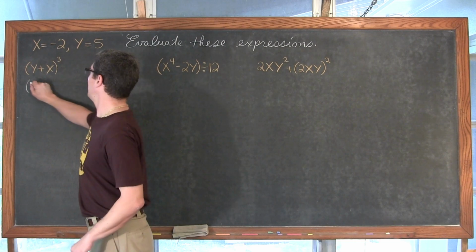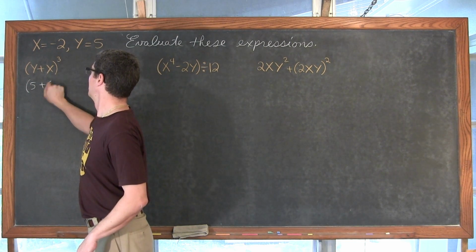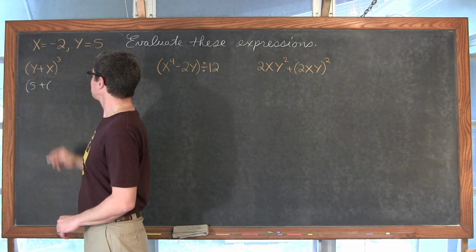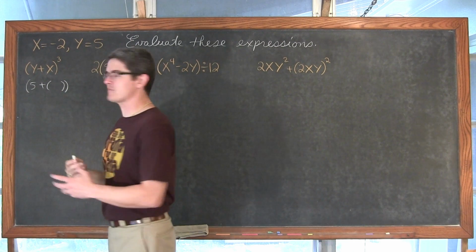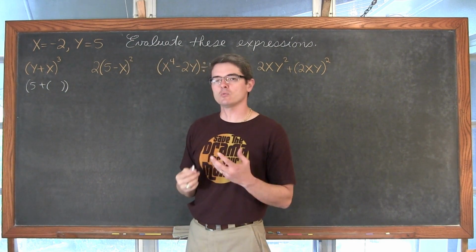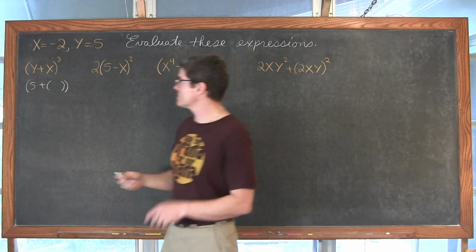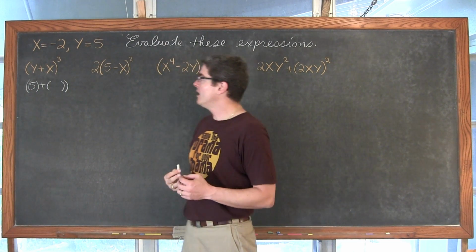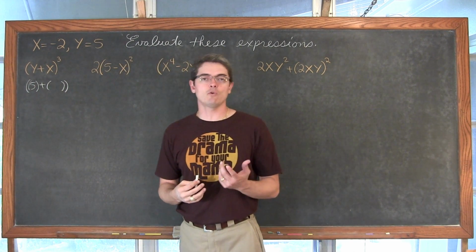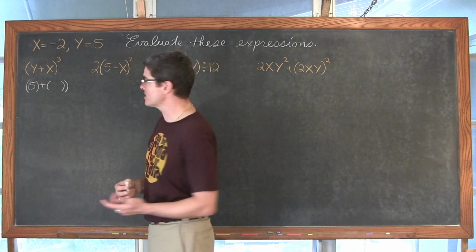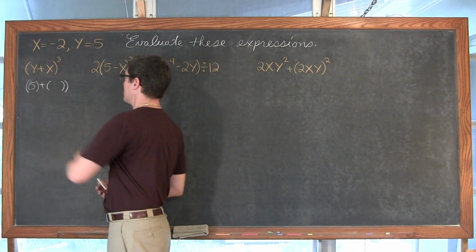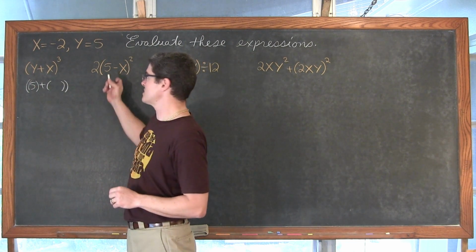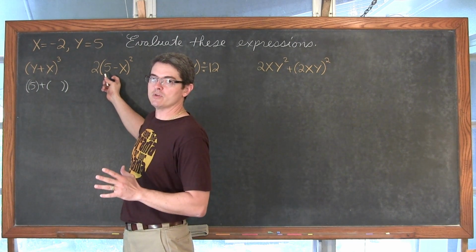So y is equal to 5 plus. Now, I'm going to do this for the rest of it. Every time you do substitution, you really should use parentheses. So let me go ahead and actually go back here to the 5 and wrap it up. Now, why am I doing that? Because of helping you avoid making potential sign errors. I don't think this is really a good one to do this example on. You'll understand why I'm doing this more in the next problem.